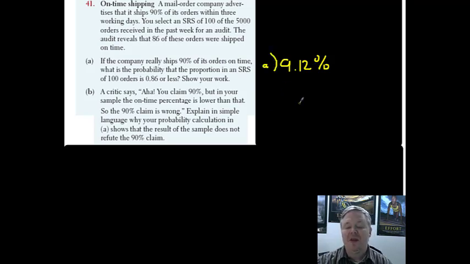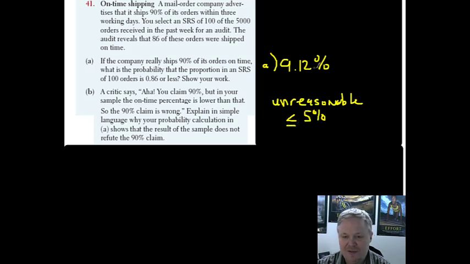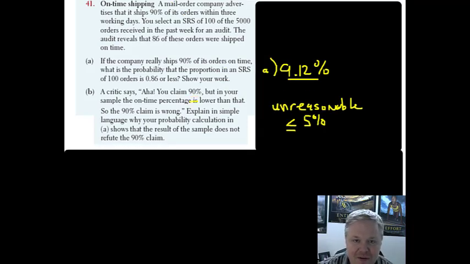So for something to be unreasonably small, or to say that it's going to refute our claim, it has to be less than or equal to 5%. So we're above that. We are above the 5% rule. So we can't really refute it, right? So we can say this claim could be valid. We would need to take more samples to be certain. But to answer this critic, the way that would be answered,